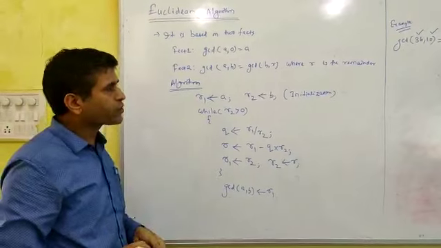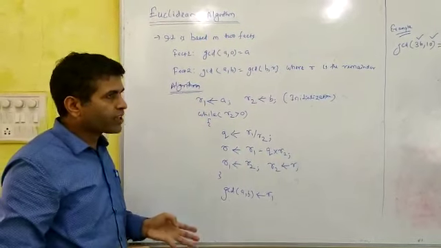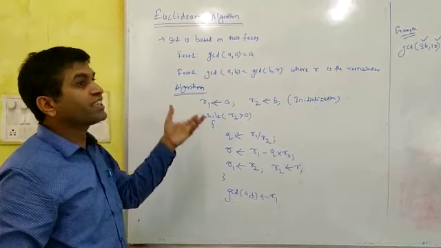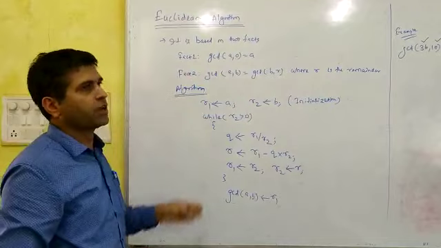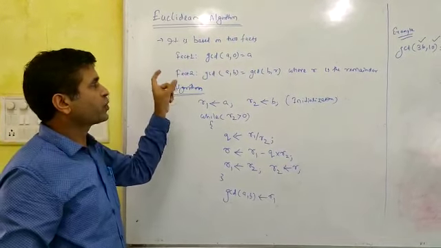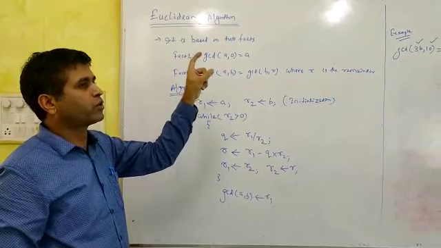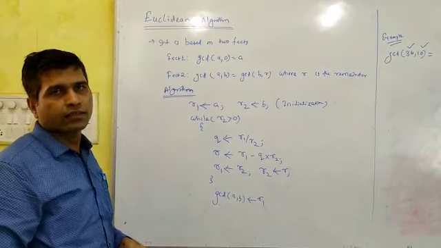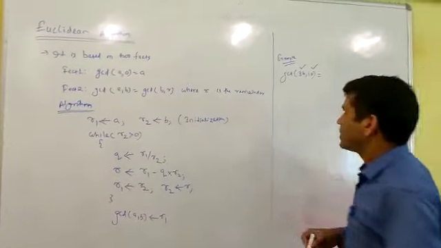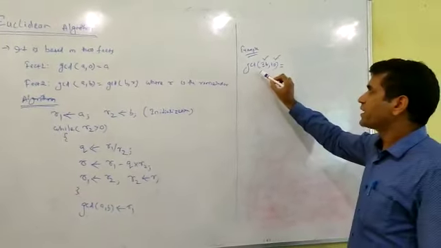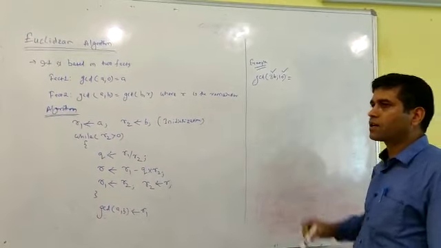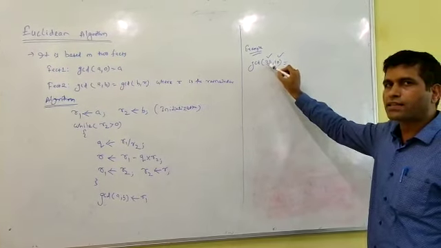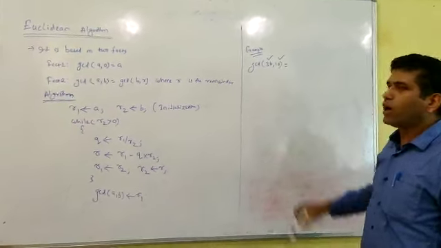Give me some examples, so we can solve two examples to get the GCD, greatest common divisor, of two numbers using Euclidean's algorithm. Here we focus on two facts: GCD of A comma 0 equals A, and GCD of A comma B equals GCD of B comma R. We will discuss through an example. See this: GCD of 36 comma 10. Here 36 equals A and 10 equals B.